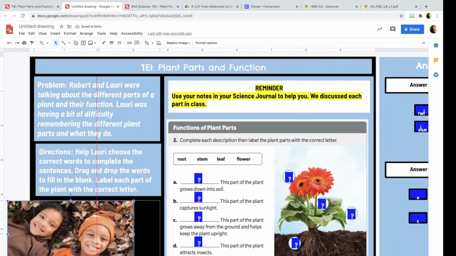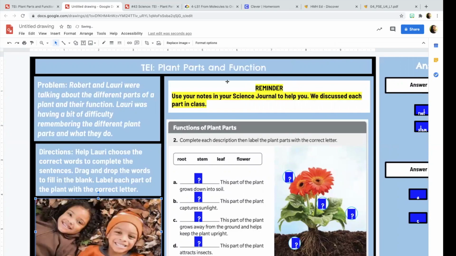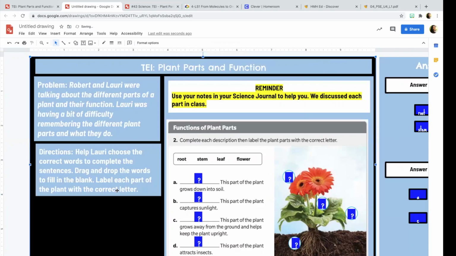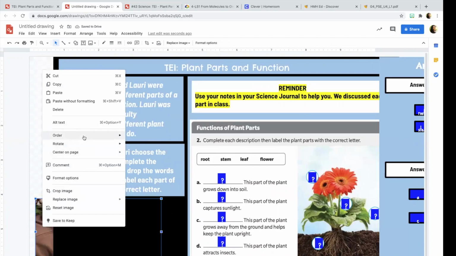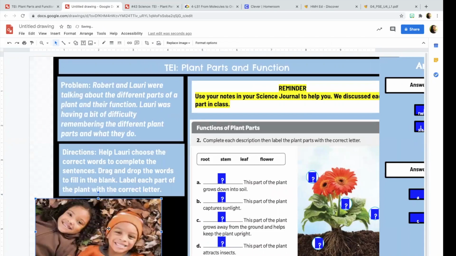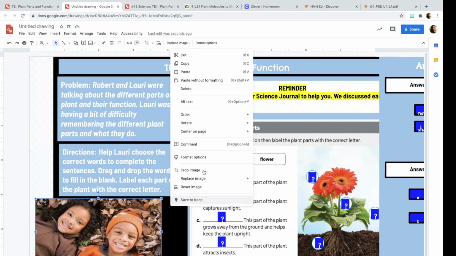on your TEI. Now, yes, I can group everything. So I can hit the shift key and group every piece of this TEI together. I can group everything together. Right click, group, right? I can do all of that. My image went behind. Move it back. Click, order, bring to front. And then I need to group that with this and